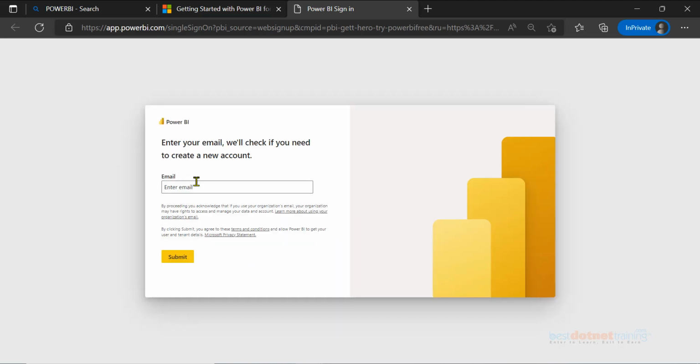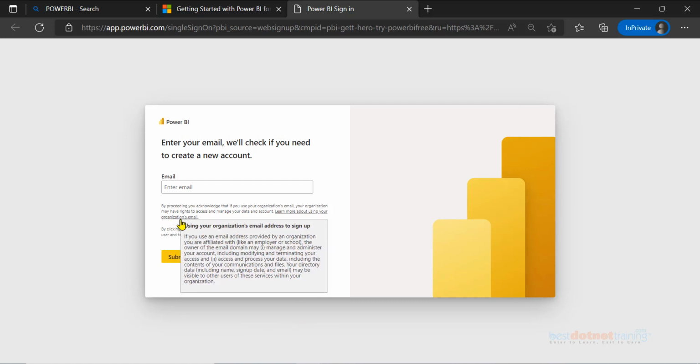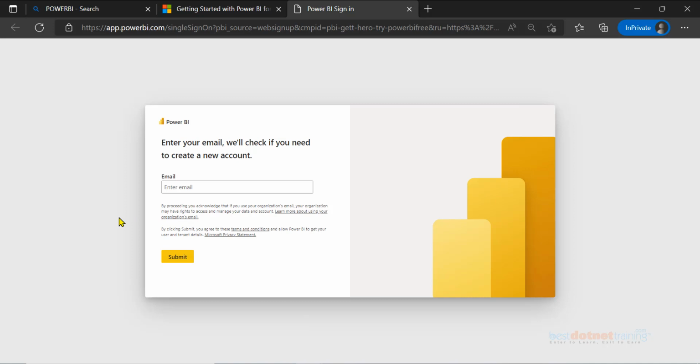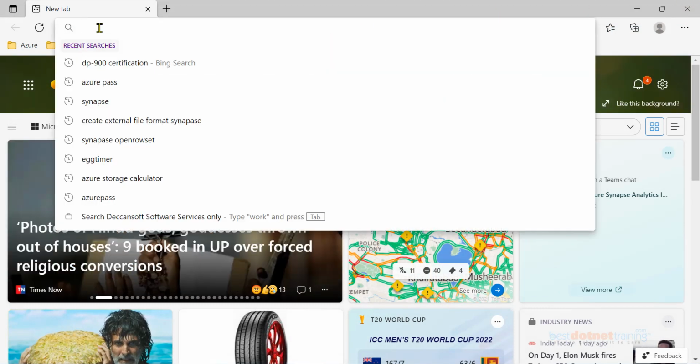Try Power BI for free. You have to enter your email and register yourself. It should be a work email; it cannot be Gmail or some other email ID. It should be your organization email. Then you submit, follow the steps and create the account. For me the account is already created.